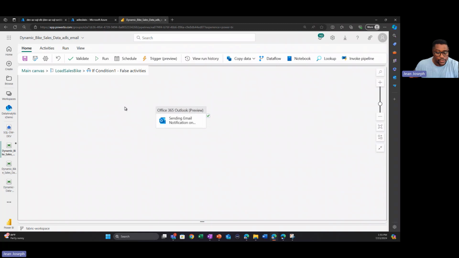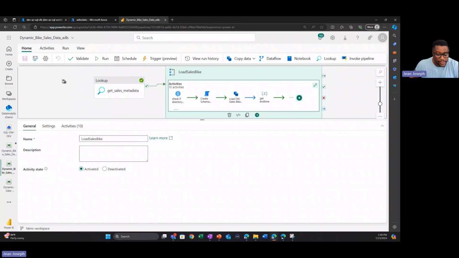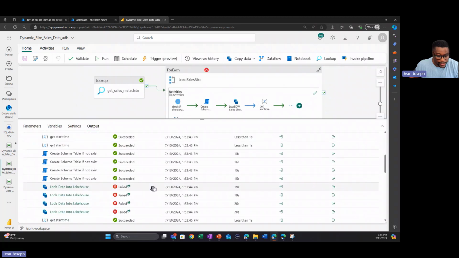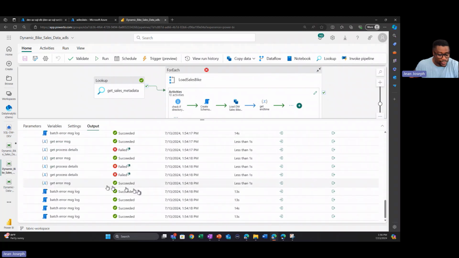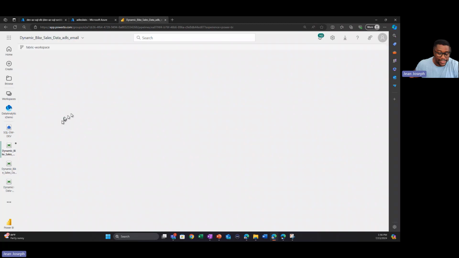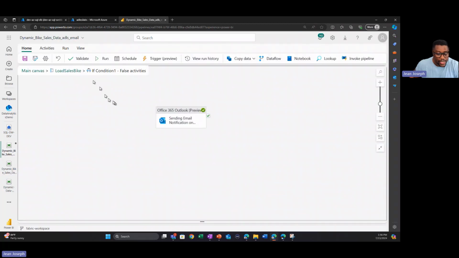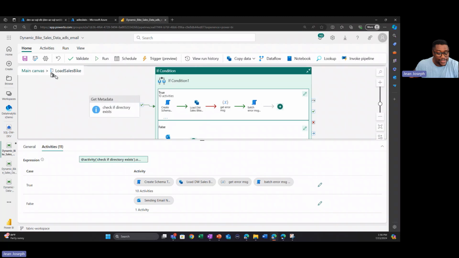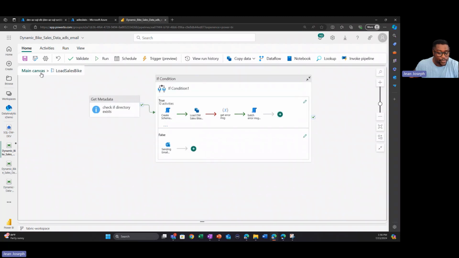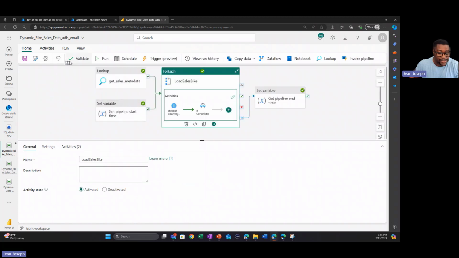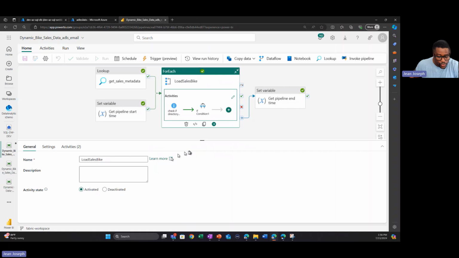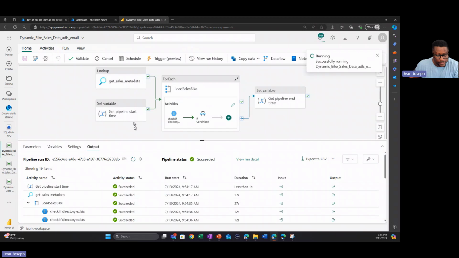And then, so therefore, if it fails, let me go back to here. You will see how this guy is struggling. You will see errors all over the place. That's not the best way to do that. And to prevent that, what I can do, I can execute this now. As soon as it realizes the directory, for example, doesn't exist, what it's going to do is send an email. I want you to notice what will happen now. What it's going to do, check if the directory exists, and